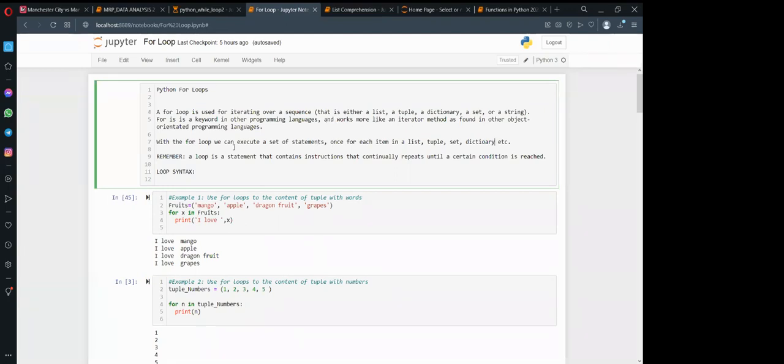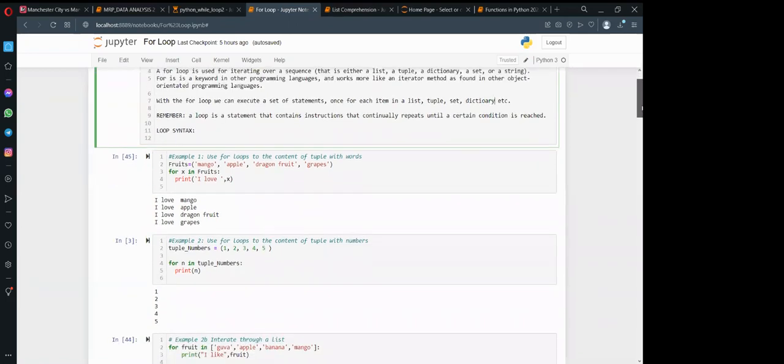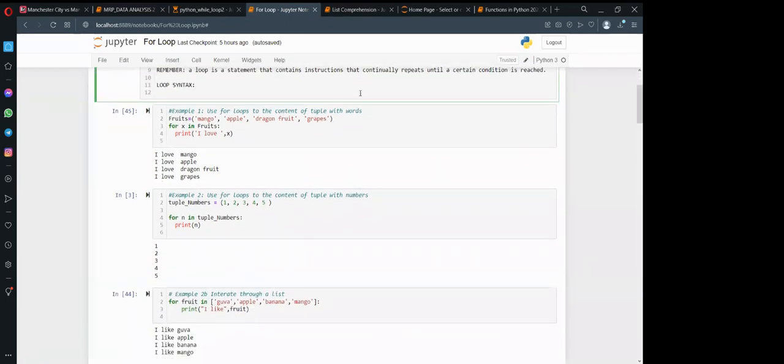So with the for loop, you can execute these statements. Remember, the statements usually you put inside the for loop. For example, this is an example of a list. So you can say fruits equal to, this is a tuple, sorry, it's not a list.